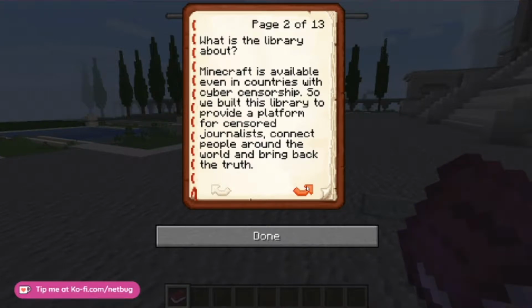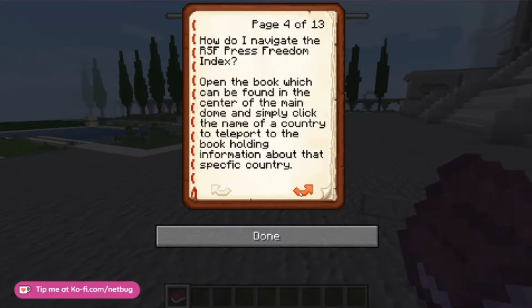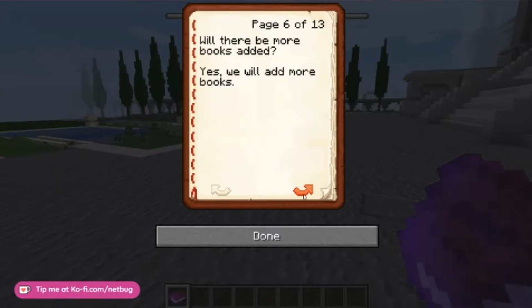Minecraft is available even in countries with cyber censorship, so we built this library to provide a platform for censored journalists, connect people around the world, and bring back the truth. The 6 pressure plates will teleport you to their respective hall, which also can be accessed by the 3 corridors leading off the main dome. How do I navigate the Press Freedom Index? Open the book, which can be found in the center of the main dome, and simply click the name of the country to teleport to the book holding information about that specific country. You can find articles in each hall and information about each country's press freedom situation behind its own flag in the dome. This is just...